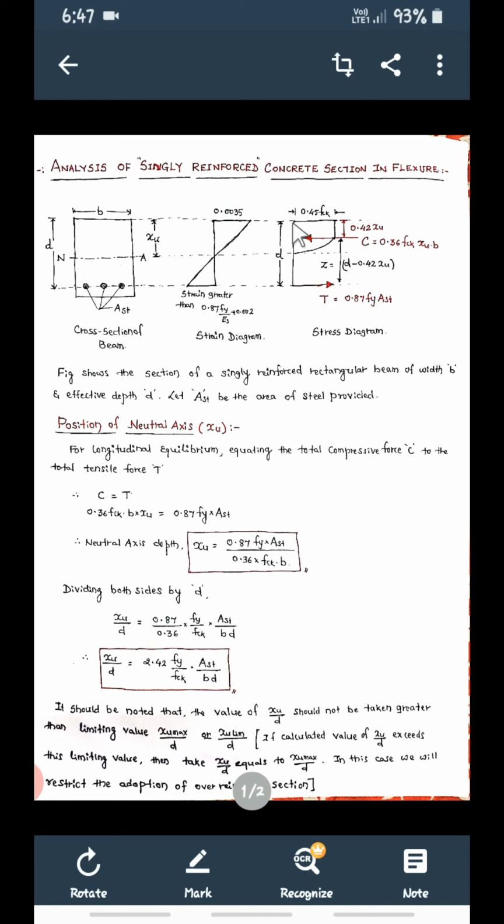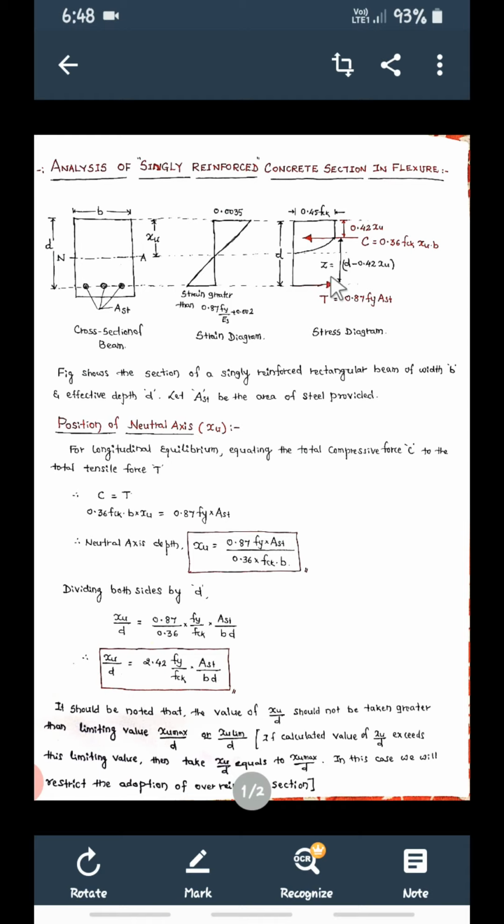Now this is D, small d. From this to the center of the reinforcement is the effective depth. Can you see these two forces C and T? The distance between the total compressive force and the total tensile force is considered as Z, that is the lever arm. The distance between these two total forces will be indicated as Z.